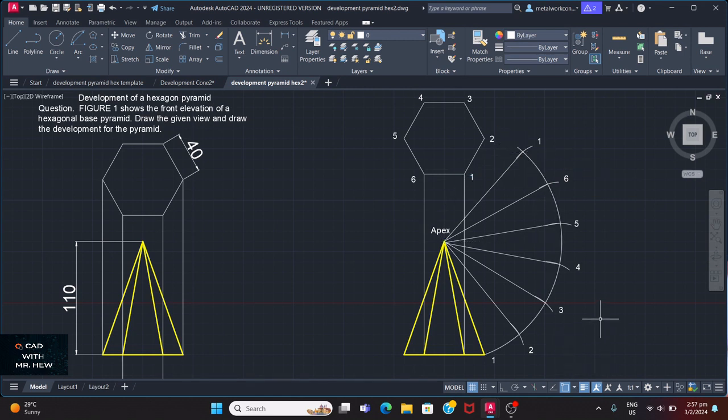Right? The next thing we're going to do now, we're going to draw the edges